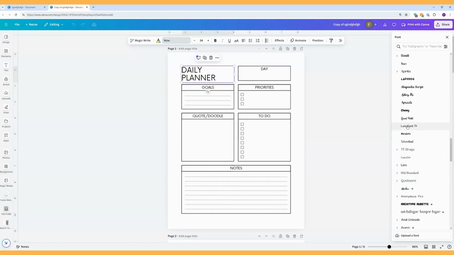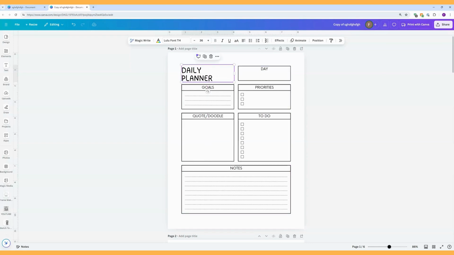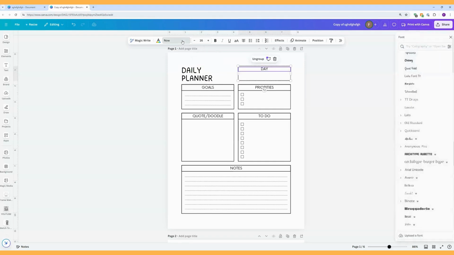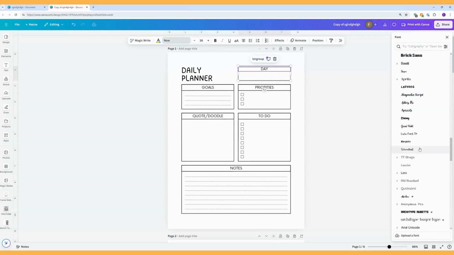I'll just try this Lulu font, just to have something that looks different, and we might make it bigger so that it matches our previous placement. And something I didn't do then, which I should have done, I'll show you here. We'll change this to Lulu as well. When we change it to Lulu,